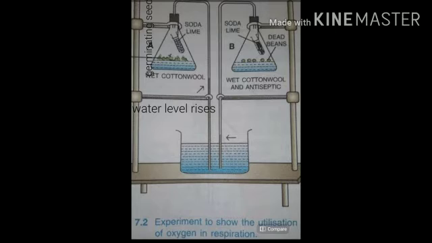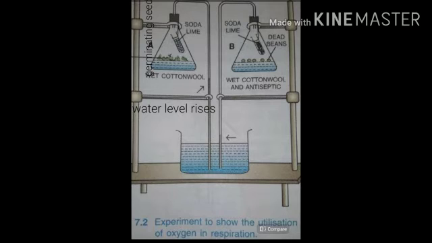Here also we have soda lime test tube hanging inside the conical flask and a delivery tube connected to the trough. All experiments have two components: experimental setup and control setup. Now, what is experimental setup? Experimental setup is a setup in which all the conditions are provided, whereas control setup is a setup where one condition under study is missing. So that is control setup. Now I think you can understand in this setup which is the experimental setup and which is the control setup.